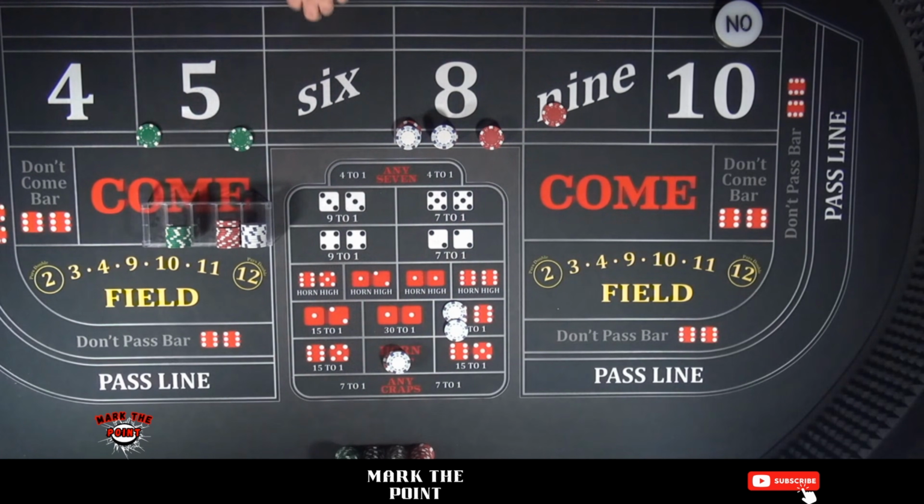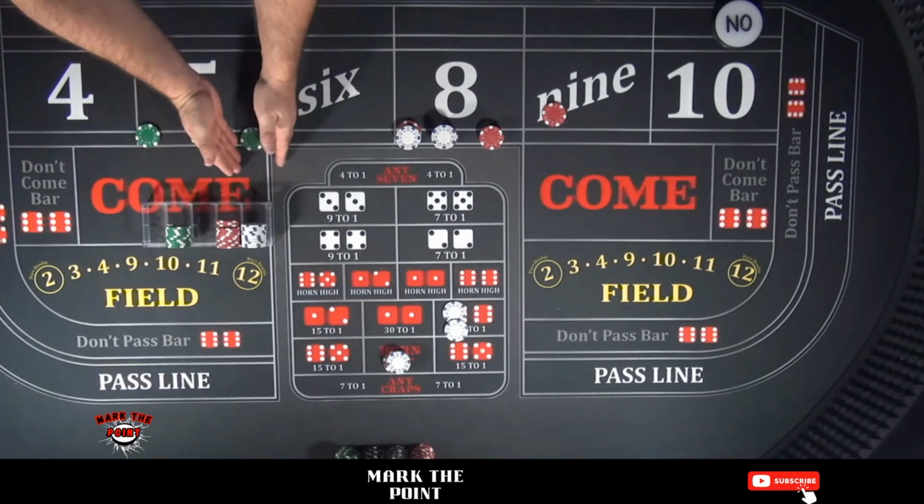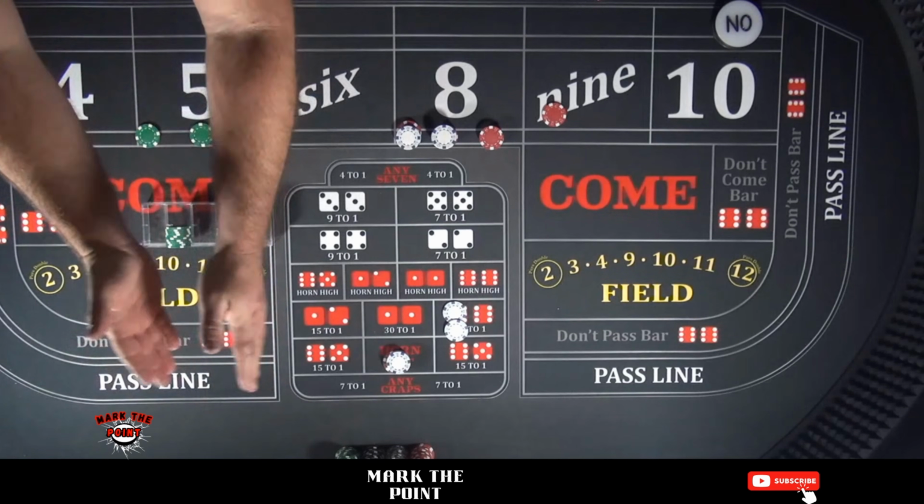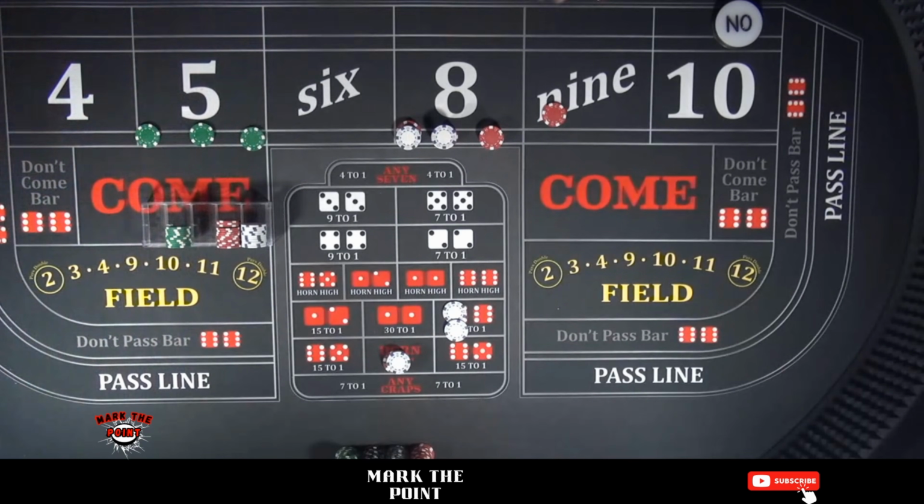I'm just going to throw out a couple bets here. This can go the same way here. It goes stickman on this side of the table, stickman right 1, right 2, right 3, or vice versa on the left side.